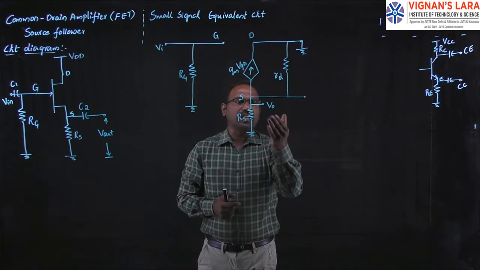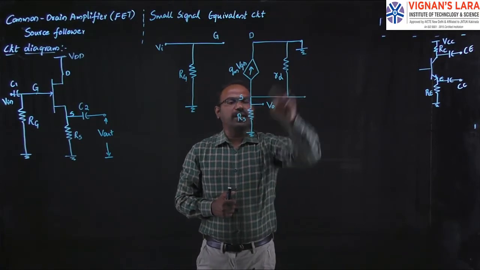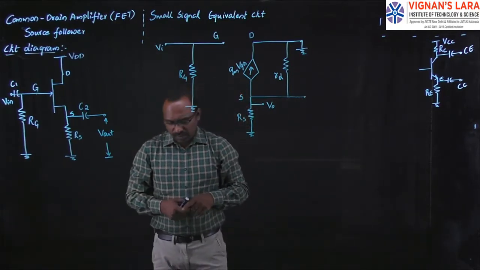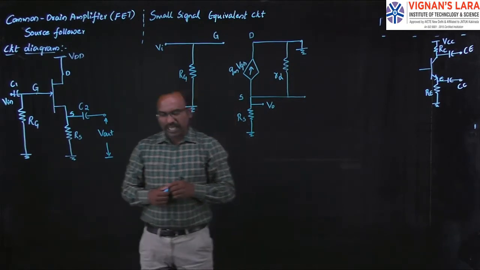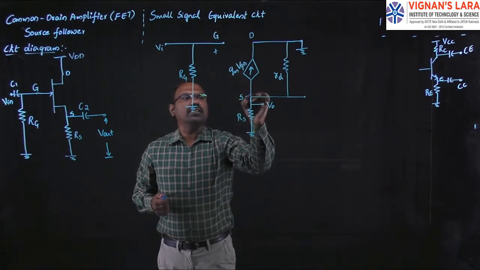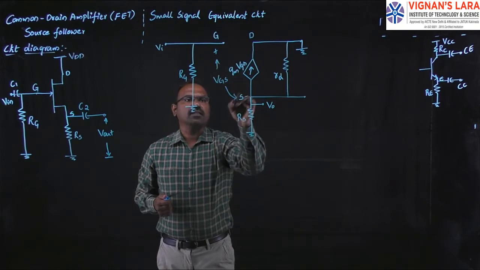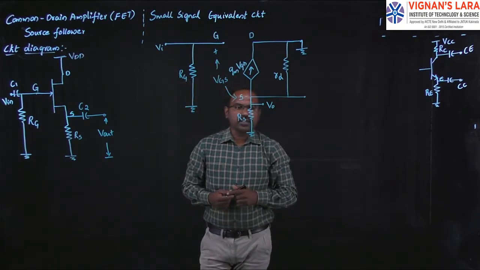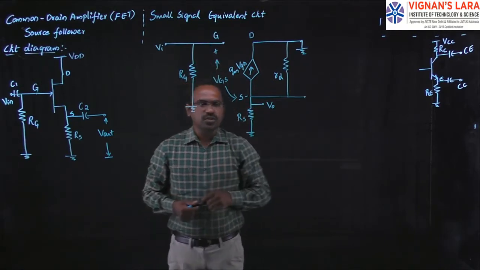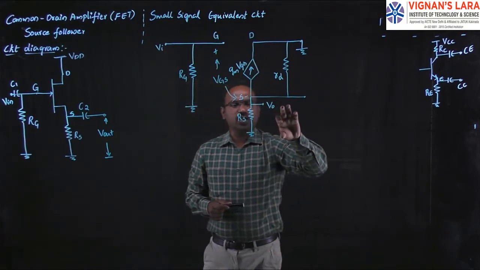So now I will modify this circuit like this. Why? Because this is the ground terminal and this is also the ground terminal. I will join these two, right? So my equivalent circuit diagram will be like this. Actually, the gate to source voltage between this and this is VGS. Are you getting my point, guys? The VGS is in between gate to source, and VDS is between drain to source, and the output is here.